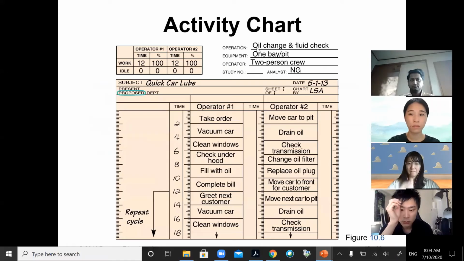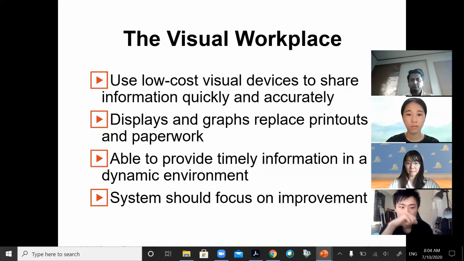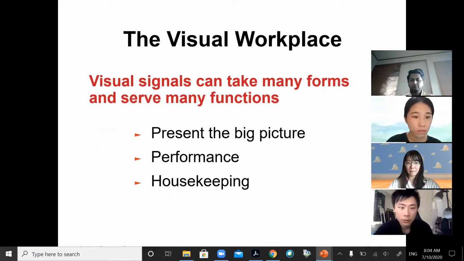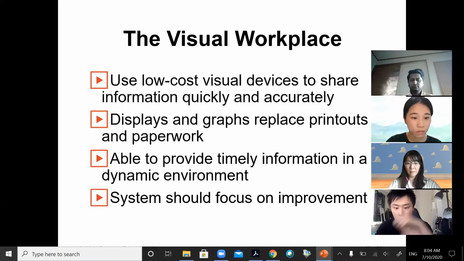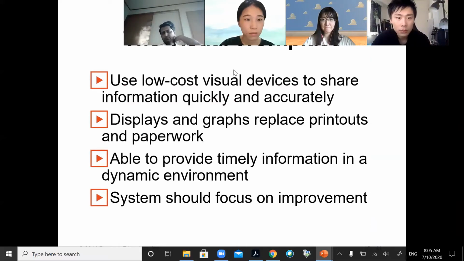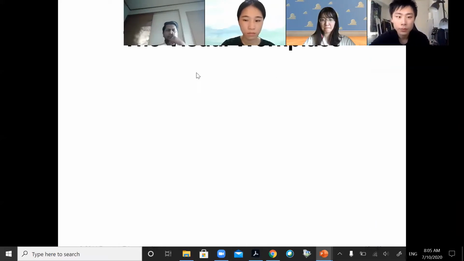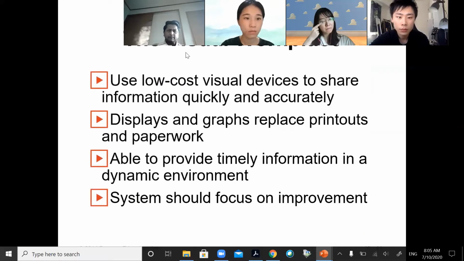Okay, I think we already covered until here, and we stop here. Remember, Jacob? The visual workplace. Okay, probably I'll start here. Okay. Now,